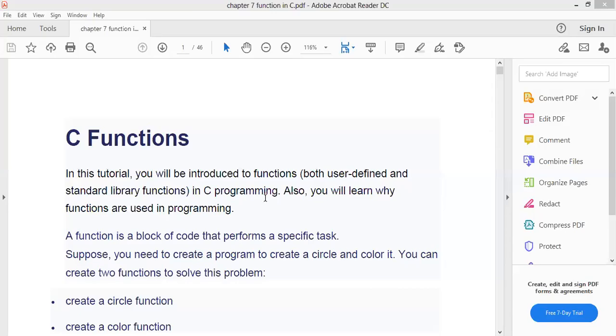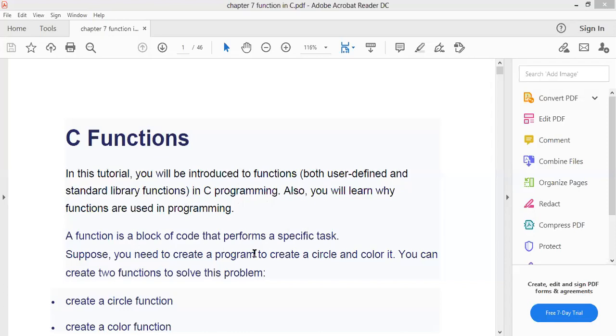So now let's see the theory. You can read that a function is a block of code that performs a specific task.